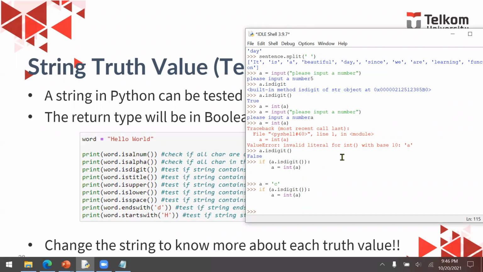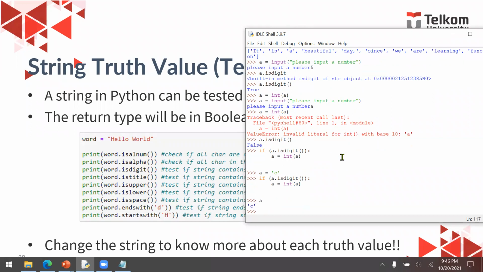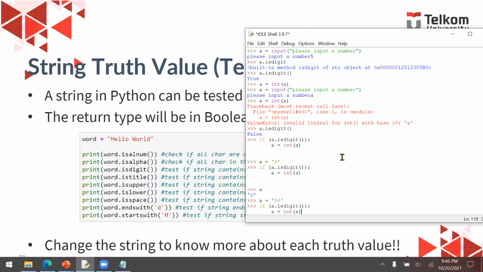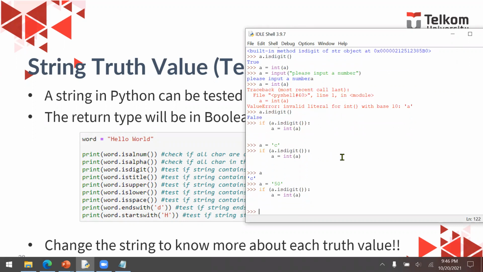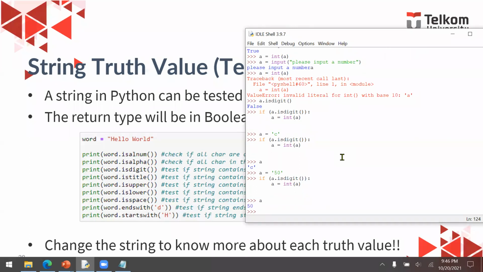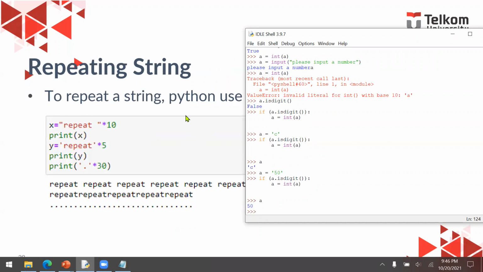Okay, but A is still C. However, if I put A is 50, for example, and then I'm going to use this, then it will return no error, and A is the number 50.